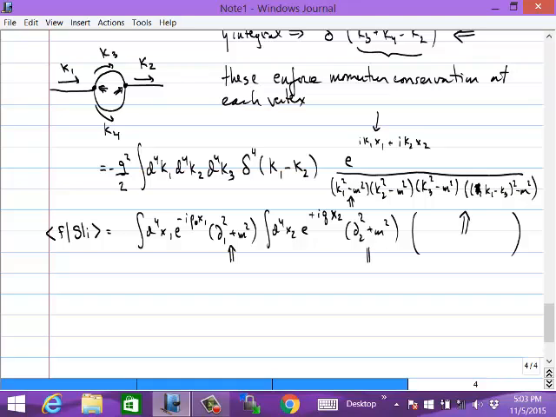When you take this operator, (∂2² + m²), you get a minus k2 squared plus m squared, which cancels that denominator. So you can see what's going on here, which is that in the LSZ formula, you had the differential operators, and all they're doing is they're killing